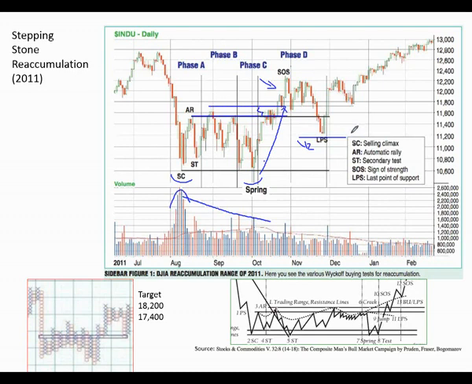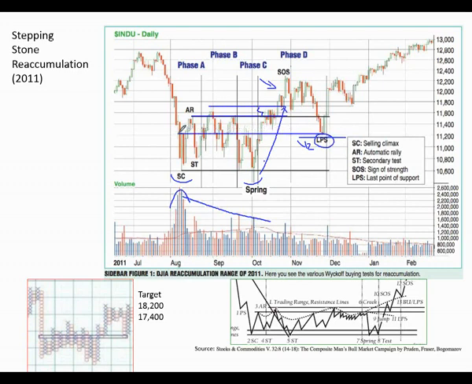That in and of itself is a type of sign of strength, the fact that it couldn't pull back into the midpoint. It could get near it, but it couldn't get there. And then it comes out, and it starts its uptrend. So that pullback into the midpoint is the LPS. So we have an LPS, and we have a selling climax, so we can identify those,